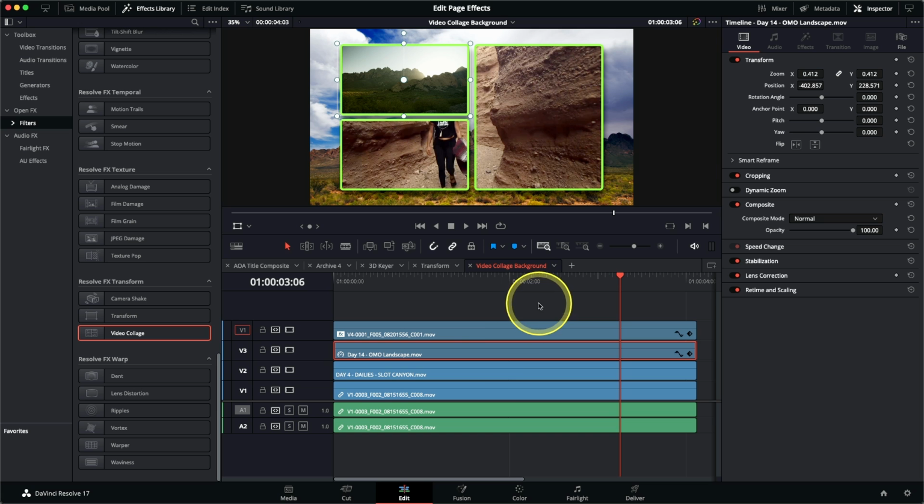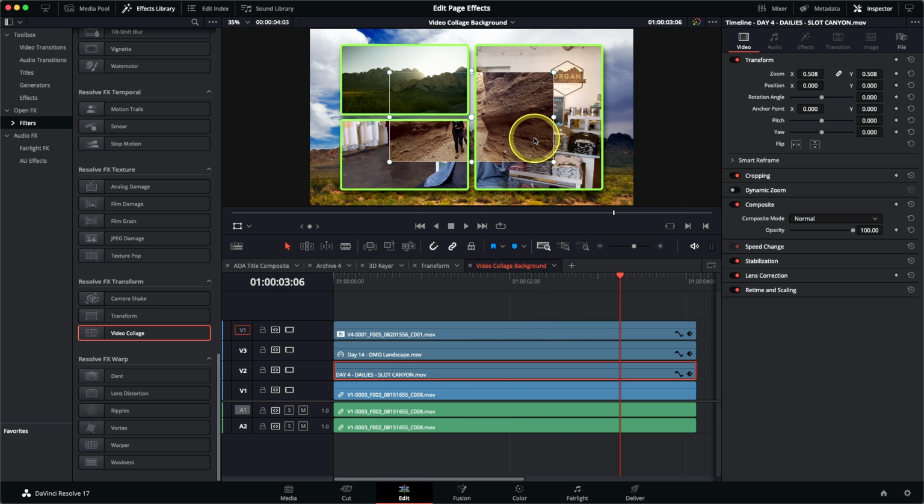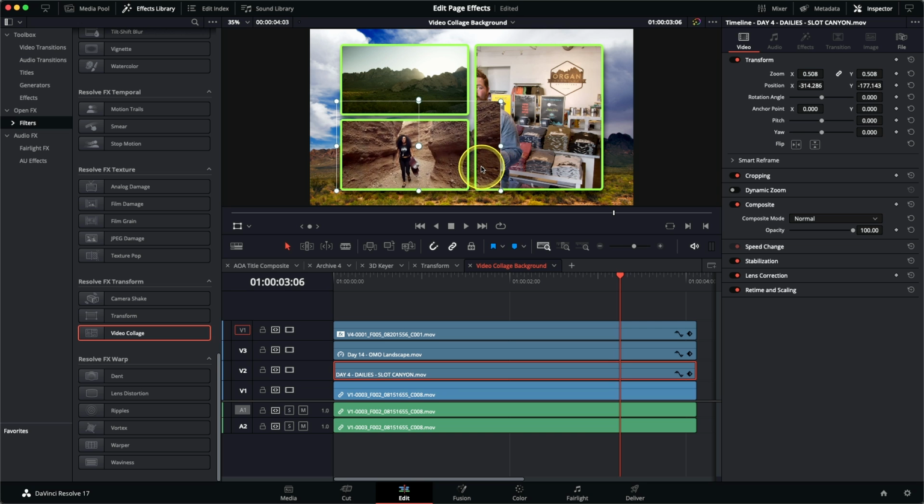The great thing about this is because I've specified the size of the tiles, I don't need to be too concerned as to how each of these clips is lining up. The mat that the video collage is creating means I just simply need to frame it appropriately. Selecting the image on V2, I'm going to do the same again, resizing and positioning the image of the girl